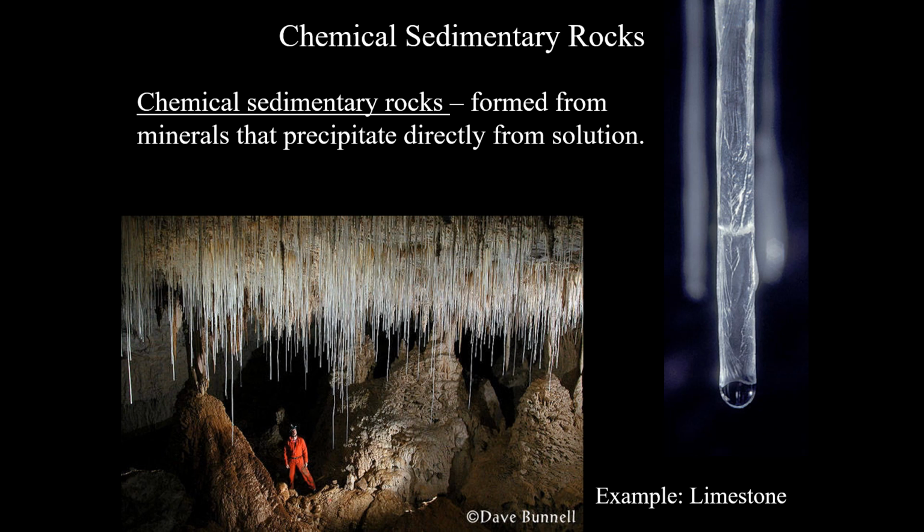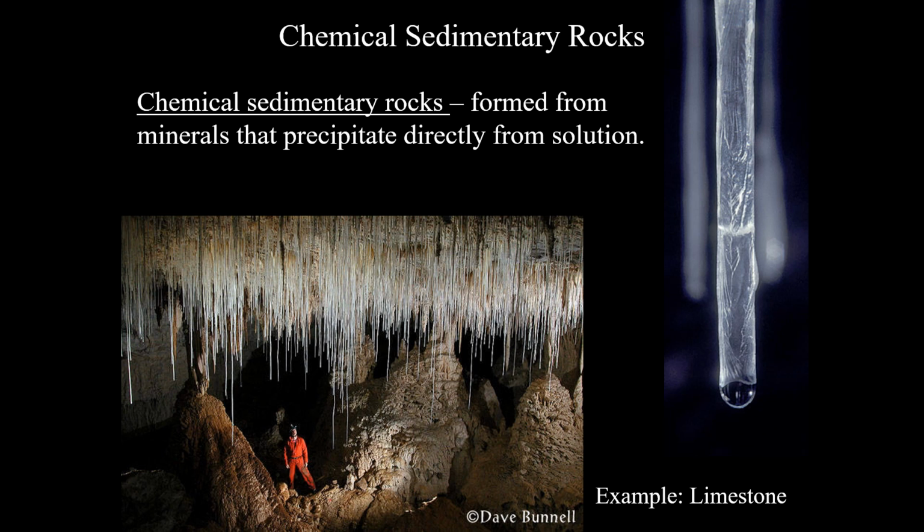A third type of sedimentary rock we touched on already a little bit. This would be known as a chemical sedimentary rock. So this is the precipitation directly from solution. If you've ever gone into a cave, you may have seen stalagmites and stalactites. Those are both speleothems. Those are essentially the hanging kind of pillars that we'll see, or sometimes coming out of the ground, that we see in caves. These are limestone precipitates. This is water that is leaking into the cave as it's percolating down or possibly seeping out of the ground. It is picking up lots of minerals, and those minerals will be left behind as the little water droplets